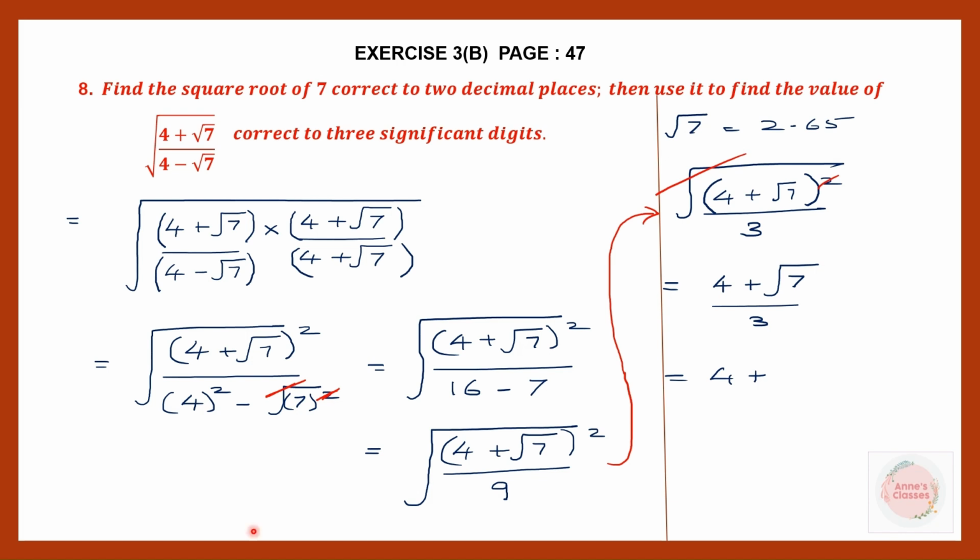Now we can use the value of the square root of 7 which we found in the first part of this question. And what is the square root of 7? 2.65. So I can write here in place of root 7, 2.65. So 2.65, and in the denominator I have 3. Now 4 plus 2.65 is 6.65 divided by 3. Now if we divide 6.65 by 3, what we get is